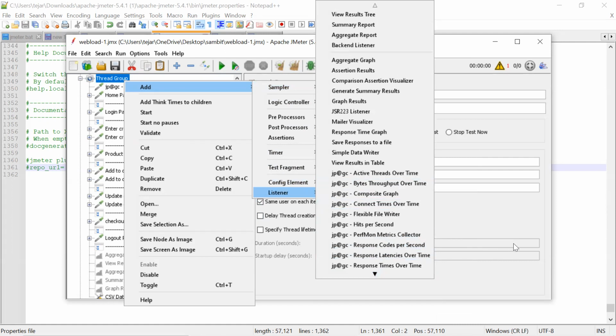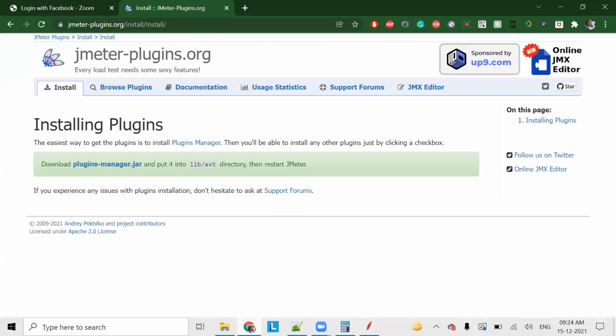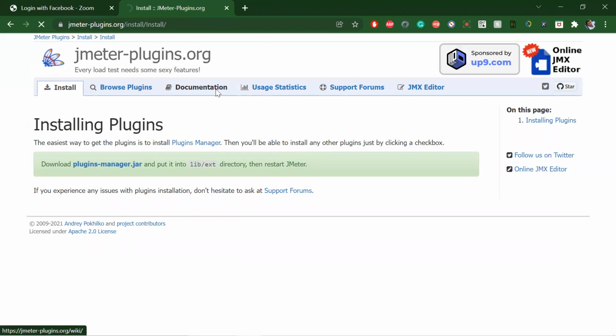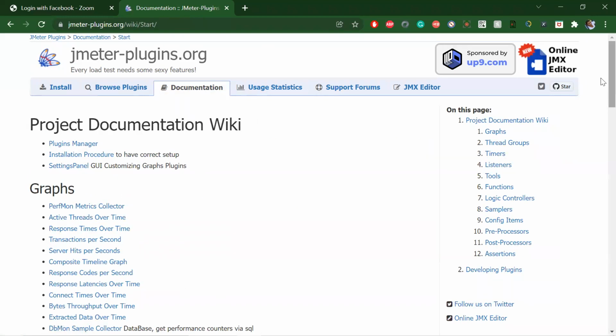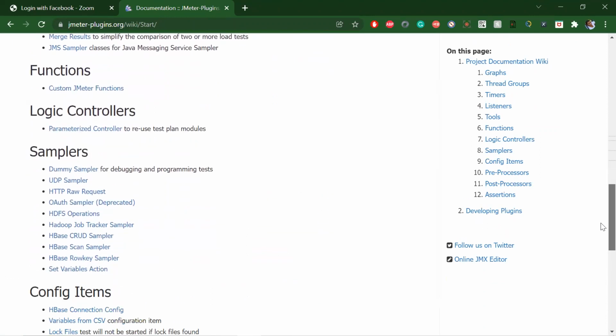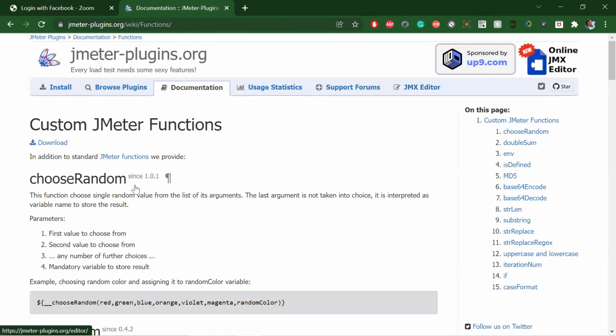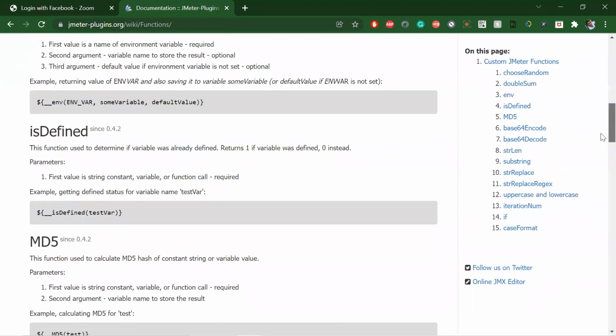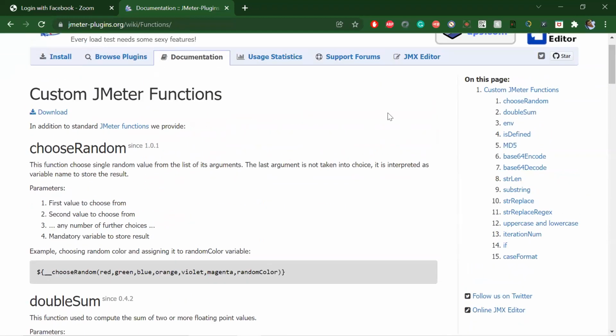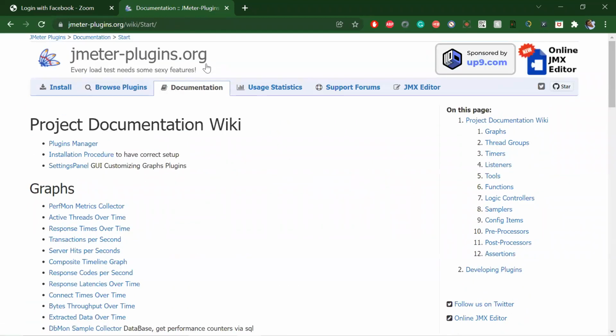Now we need to know a few important things here and why we need to use the plugins. For any document, you can go through the JMeter plugin website only. Everything is mentioned there, including whatever new things are added. Let's take what functions are there, random for example, and what the syntax is and how to use it. From this document we'll get everything. So I would always suggest you go through the document at one time, so we have in our memory that this component is available for JMeter and we can use it.